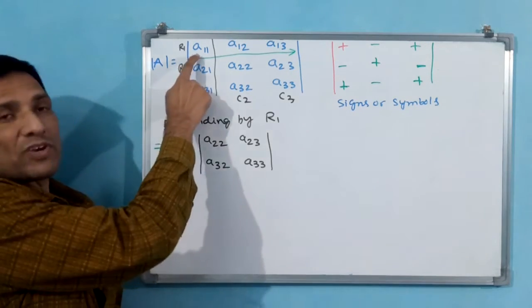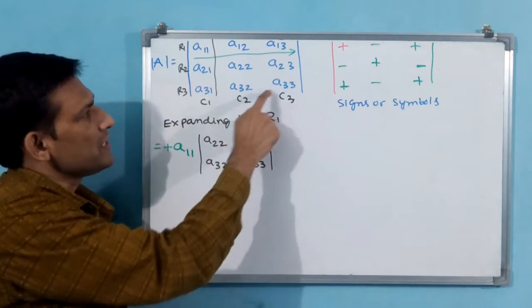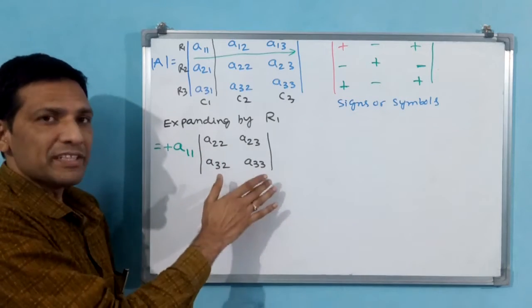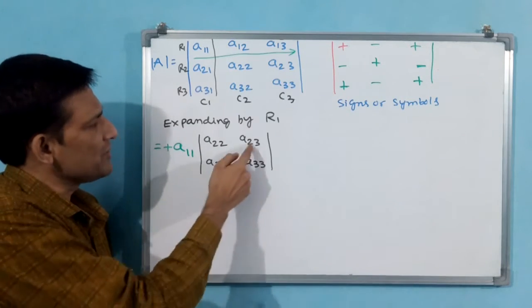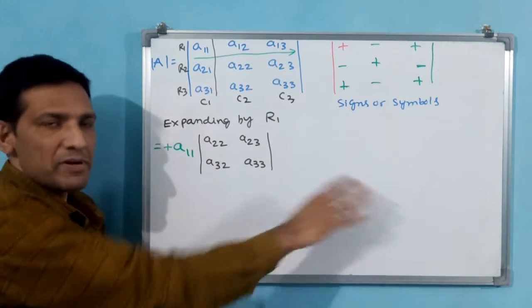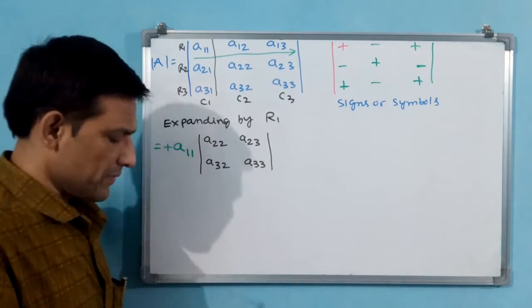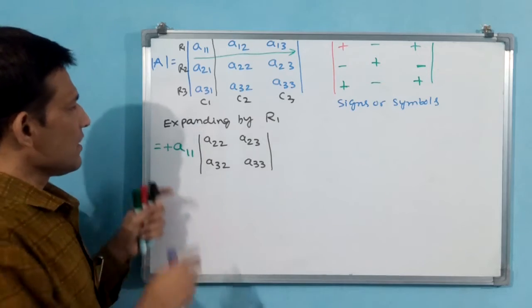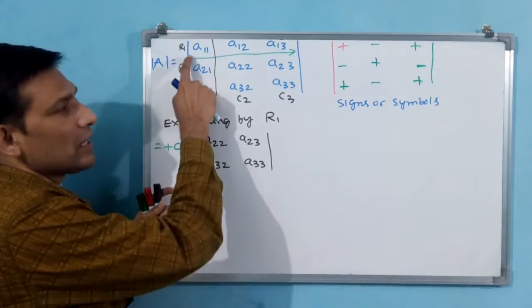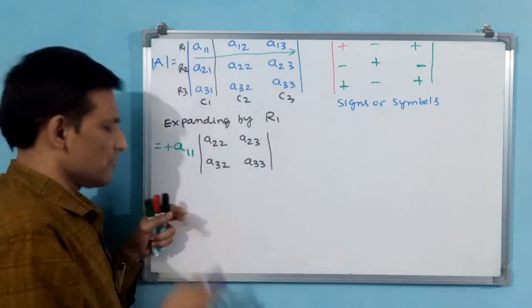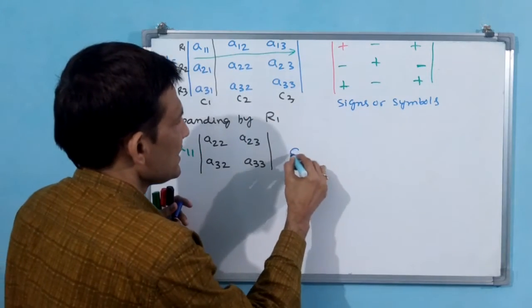Multiply the first row, first column element with the remaining elements in determinant form. How to find the determinant? AD minus BC, AD minus BC into this one. That we will write in the next step. So next we have to first finish this step. See, with first row we have written first column first element. Then what will be the element in R1? Second, A12. Okay, write first A12.